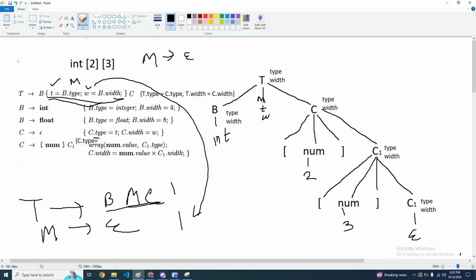So whenever you have an empty node, you need to write the attributes in here. Otherwise, your calculations will not be correct. Did everyone understand this? কেউ না বুঝলে বলি, যদি না বুঝে এই জিনিসটা তাহলে বলি।